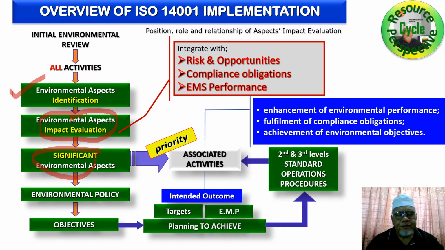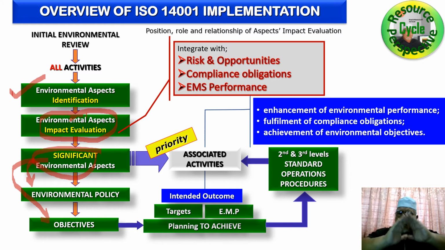Only then would they develop or write their policy statement, the environmental policy, and after that they refer back to the list of environmental aspects and or significant environmental aspects and start to develop their environmental objectives. They have to decide, this company, the top management, the EMS ISO 14001 steering committee, the EMR, and all heads of department, what would be their appropriate, relevant, and representative environmental objectives.